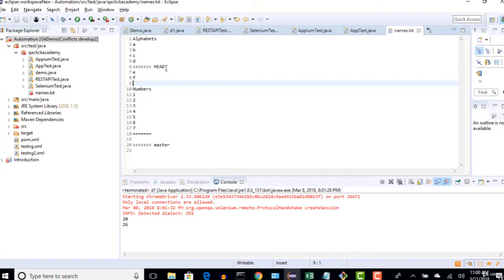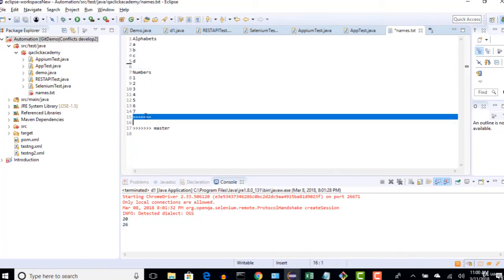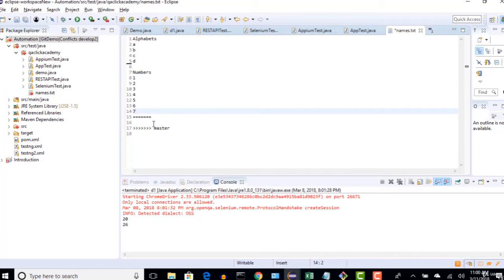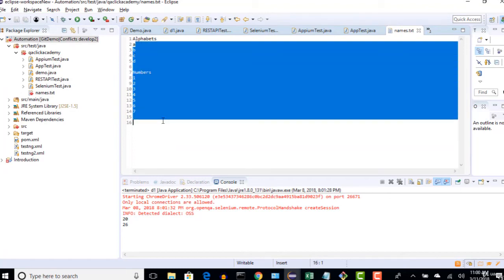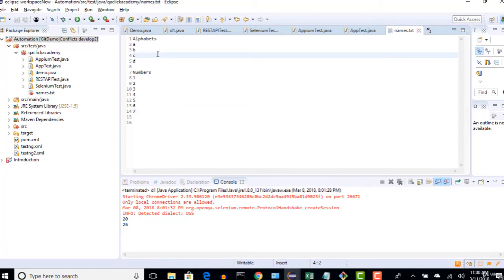So when you talk to him, he said EF is not required, right? Then you have to remove it manually from your system, and remove all this, because when there is a merge conflict, it will try to show what is head and what is master. Okay, remove all this. Okay, perfect. This looks nice. How do you know that? You coordinated with him manually and decided this. Git is not able to do that with automatic intelligence.